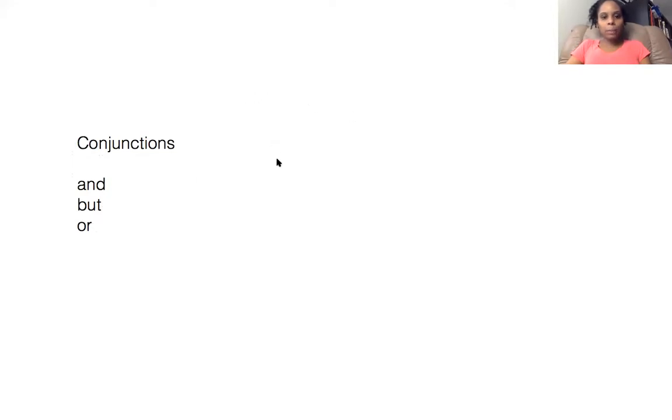All right, for example, let's look at this tiny sentence. My class went on a trip. All right, that's a complete sentence. It has a noun and a verb, but it's kind of short. It's not very interesting. So I'm going to make this a more interesting sentence. And instead of just saying, my class went on a trip, I'm going to add